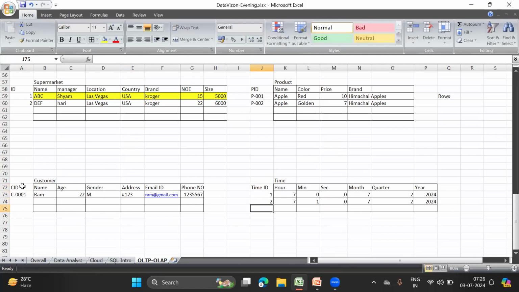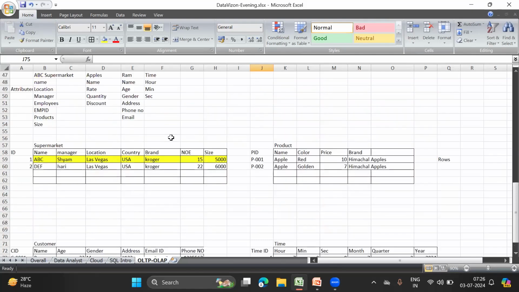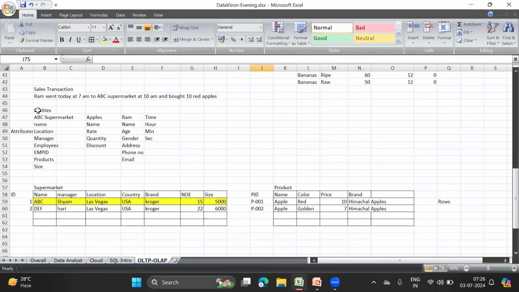Okay. Now, very successfully, we have created multiple tables and defined the different things, right? Now, what I want to do is define this transaction. We have identified the entities, we have defined their attributes, we have created tables, and we have populated those tables with the data.